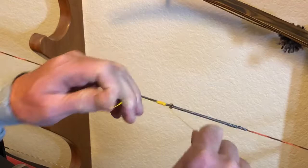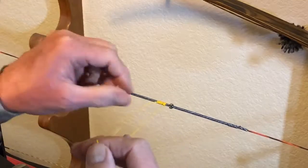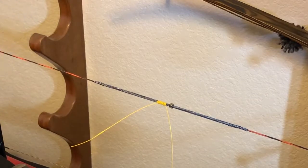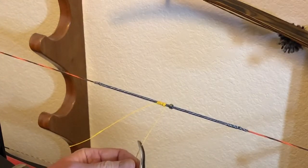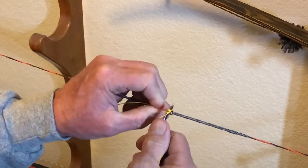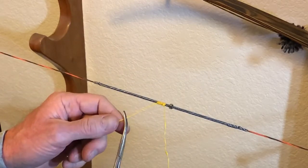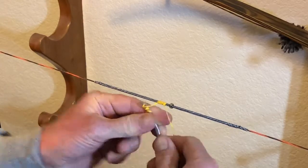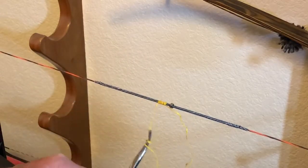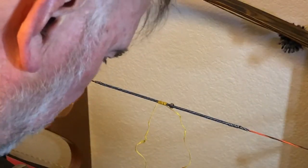Okay, then I give it a little tug to tighten it here. You can see the gap I've left between the upper string knock and the lower. I get my forceps. Tug on it a little bit more to snug it down on both sides. And then cut off the excess,